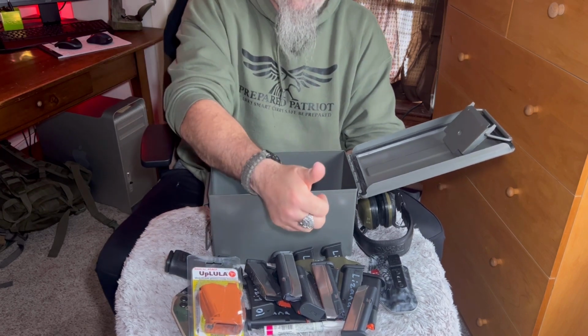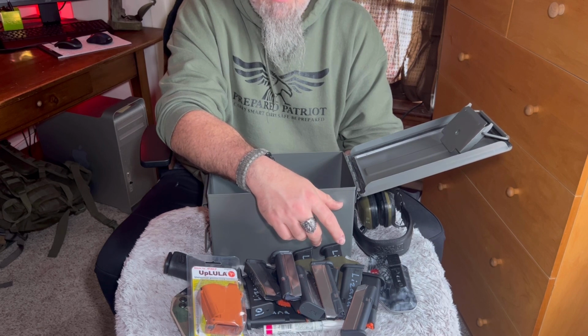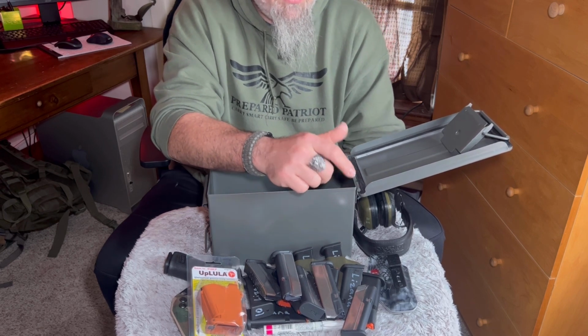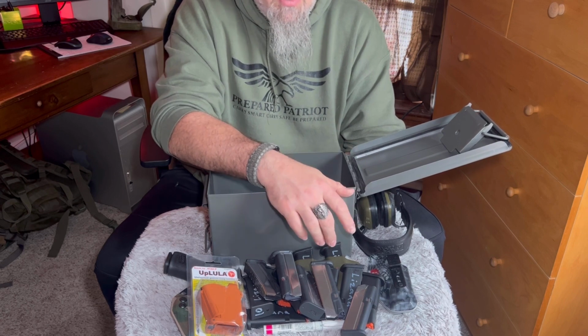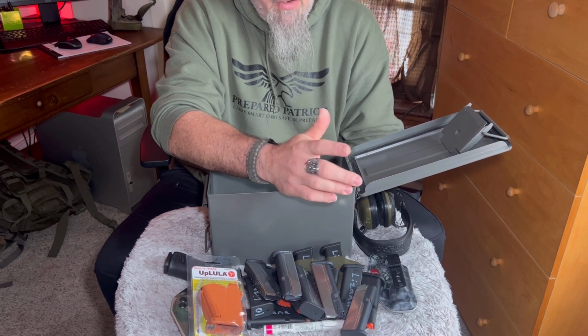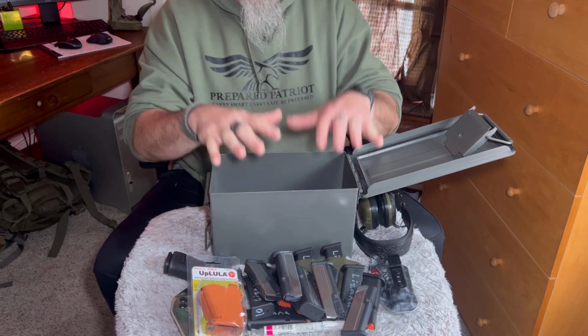One, you don't want to leave the trash for the range to take care of. Two, it's just faster and easier because you want to spend your time in between drills recharging, rehydrating. So recharge your mags, rehydrate your body. And in a way, you're recharging your body too. So this is what I have included for her